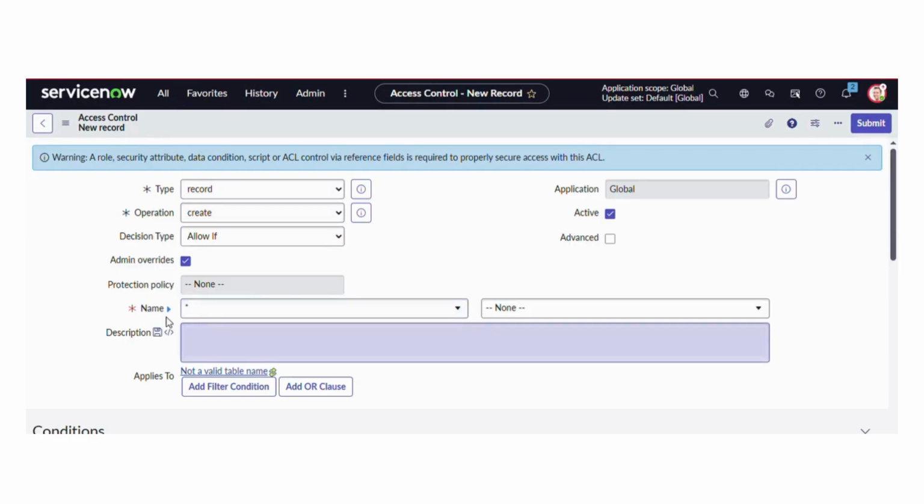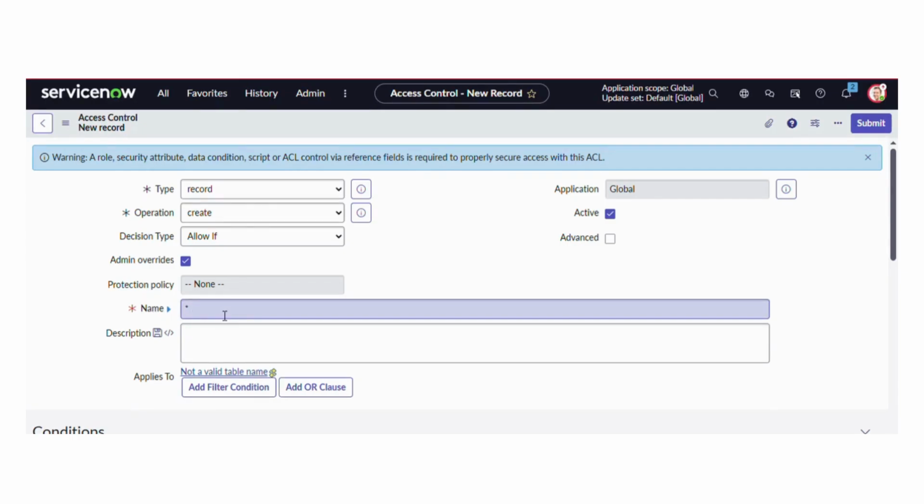Now let's begin. The first change on the ACL form is this new Change Mode button. When I click on it, the table and field input switch into an empty open string field. Now I can define a DataType ACL using the pattern, DataType. Here I can write something like open bracket HTML close bracket for all HTML type fields across the system. But in our example, I want a string DataType ACL, so I will write string.